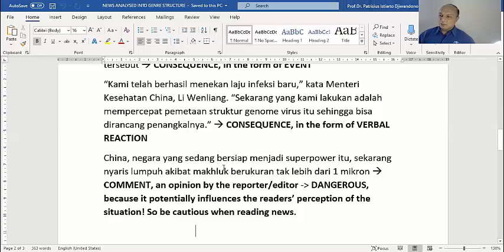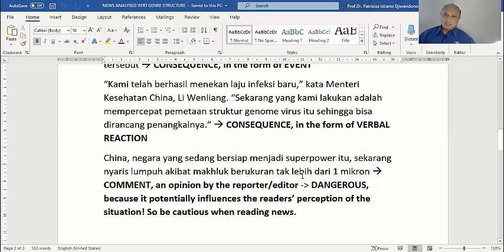You might believe that yes, now China, which is a superpower country, is now helpless, is now under attack from a very little entity, a virus. Yeah. It is powerless now because of this attack. So now your opinion toward China is being influenced by the comment here. And so this is the most critical part in news.